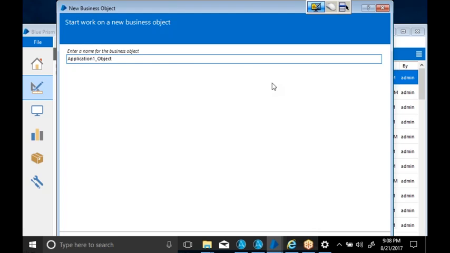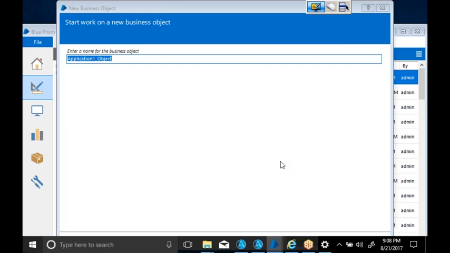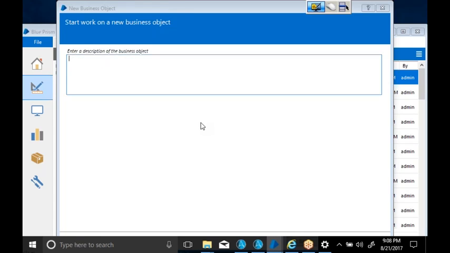Then click Next, and it will ask you for the description. Okay, say Application 2 underscore Object. Click Next, and it will ask you for the description.